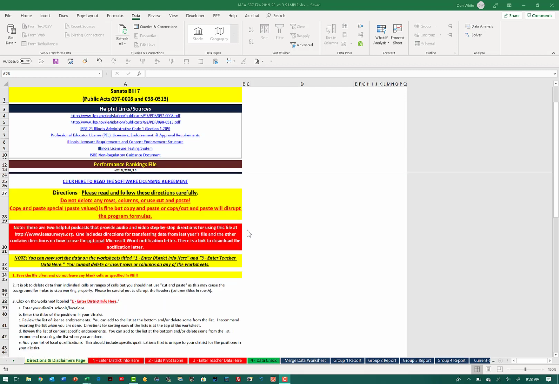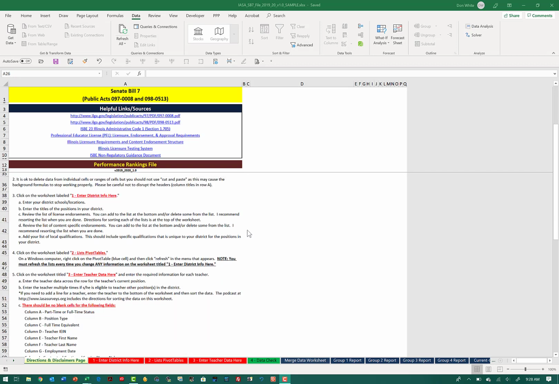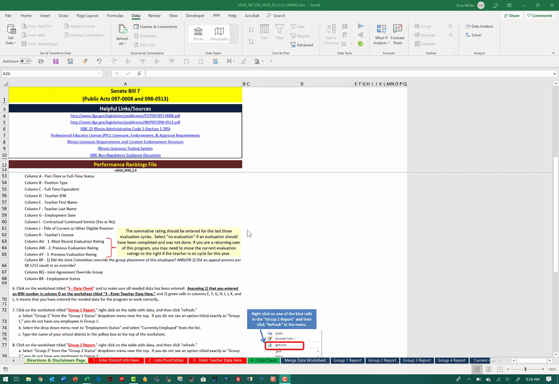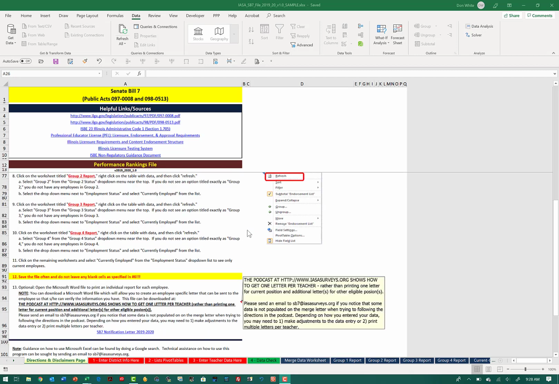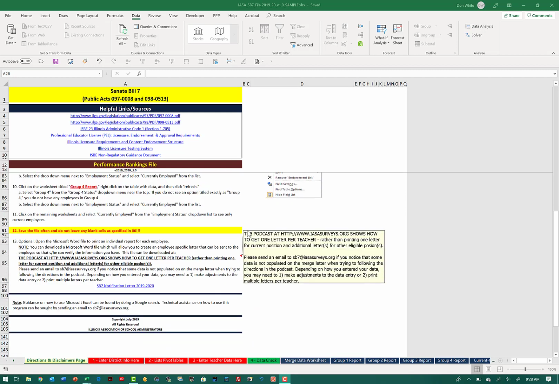I scroll on the disclaimers and directions page to the bottom, and at the bottom, as part of the directions, in step number 13, there is a link to the Senate Bill 7 notification letter. In this case, it happens to be the 2019-20 letter. So I click on the link,